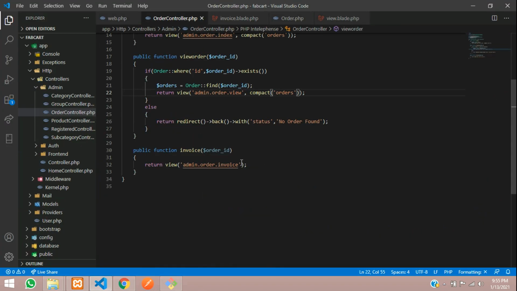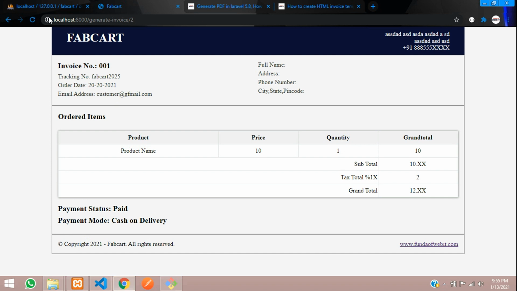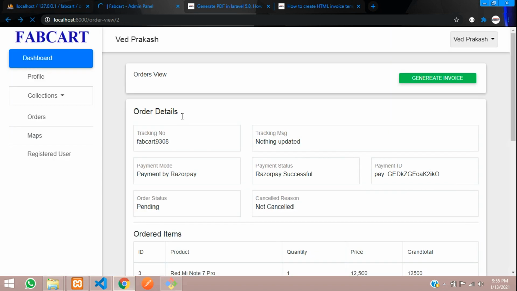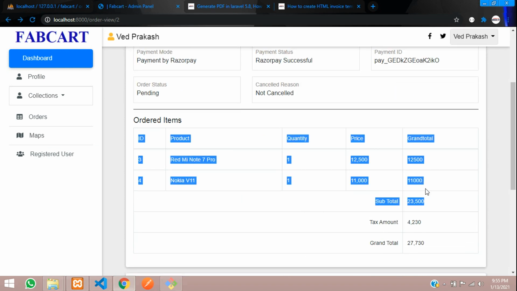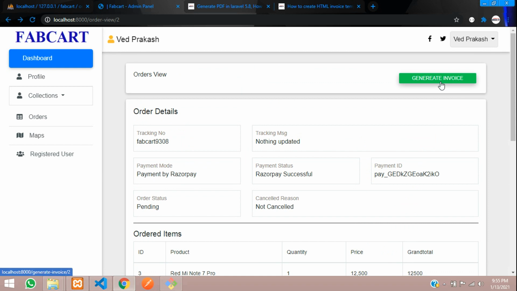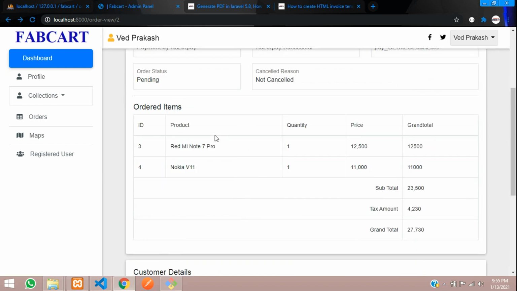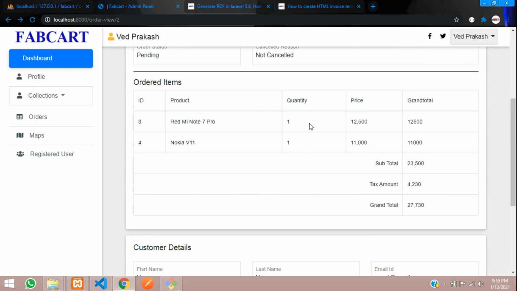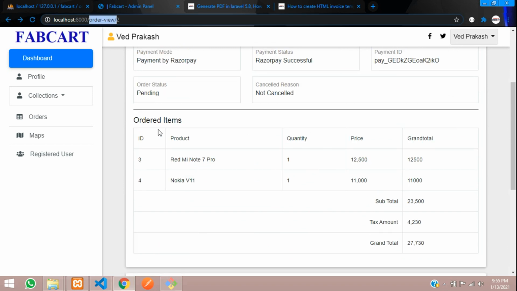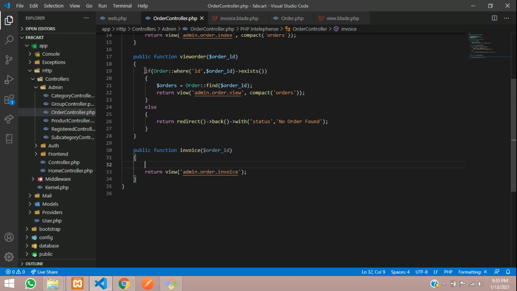Okay, let's get back to the controller, and over here you have to check your order thing. So as you can see, let's not waste time, so we will start coding with it. Okay, so as you have order view with the ID 2, all the details you are getting, right? So these are the order items. We want the same data to generate in this invoice. Okay, and you have the customer details also, same data. So let's copy and paste this. So what code you have written to view it is nothing but this code only. So let us just copy that and paste it.